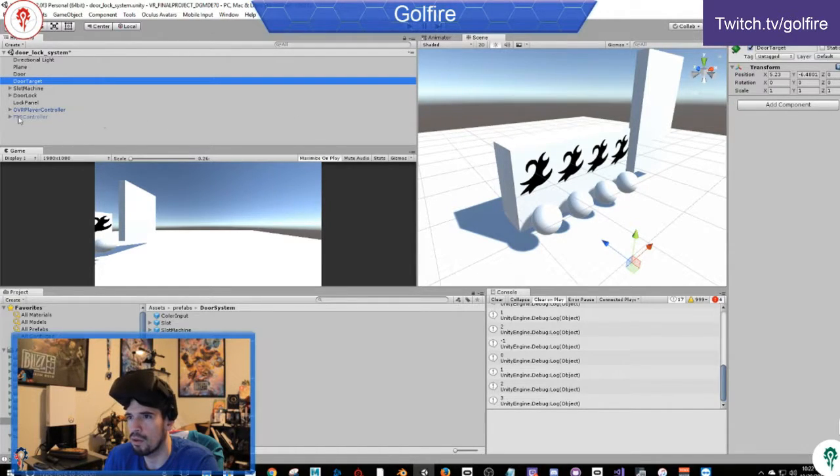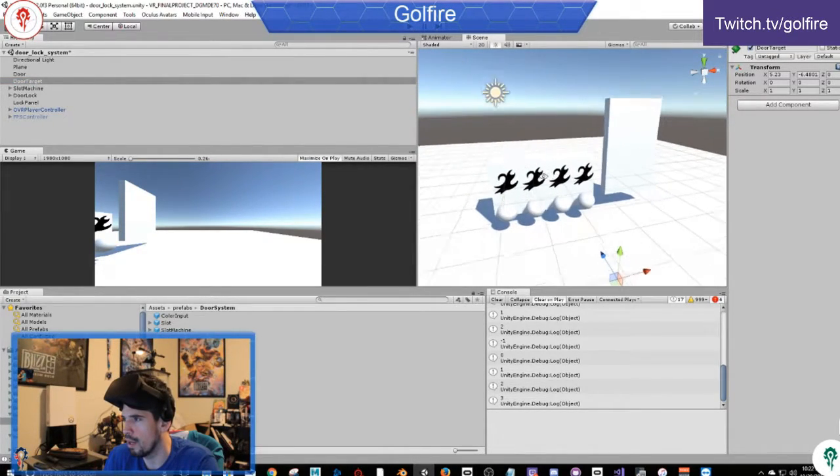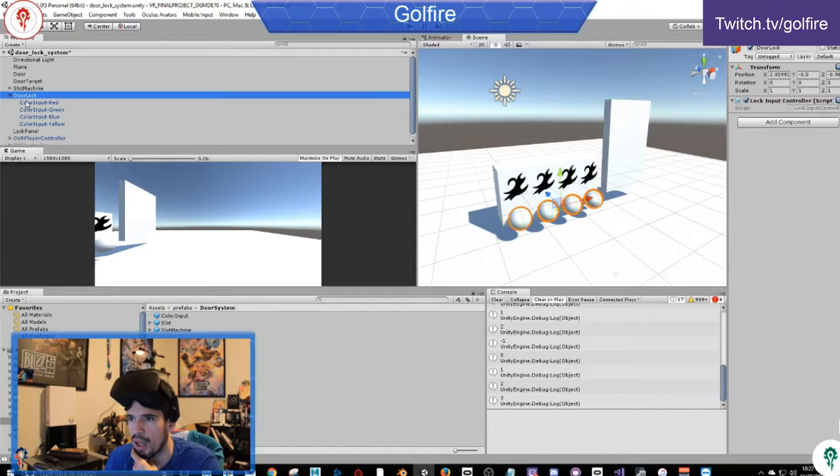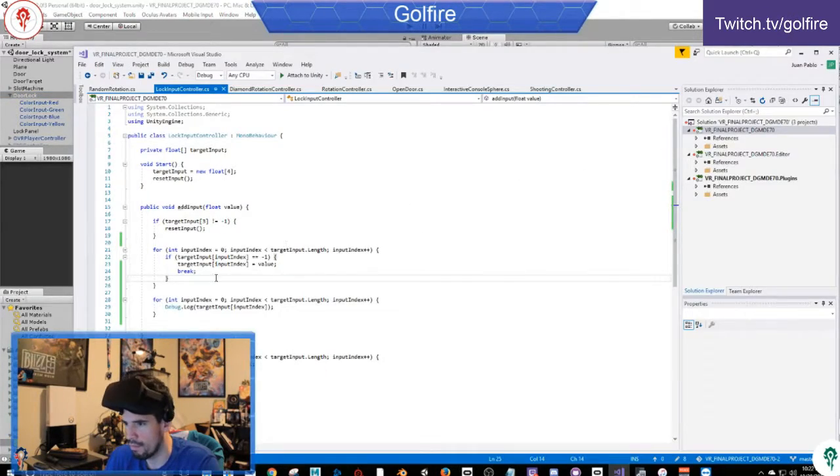Okay, so door target is where the door will go when it's open, and then we have these four inputs, and we have the lock. Well, this is like a slot machine, and this is a lock. So add input, great. So at this point I want to check: if target input 3 is different from 3, yeah, but this is